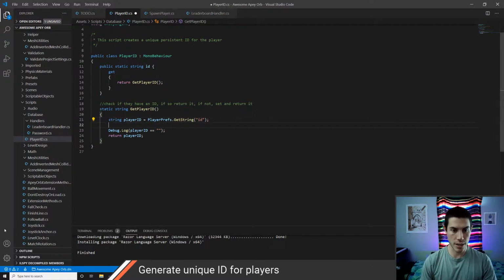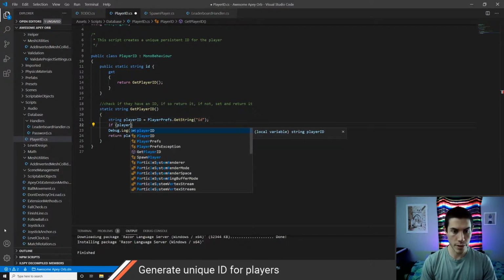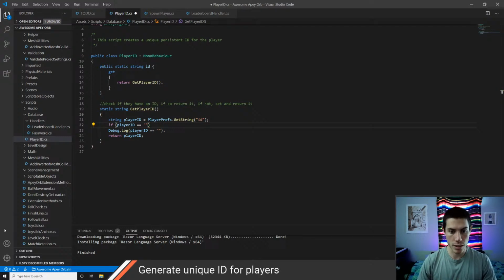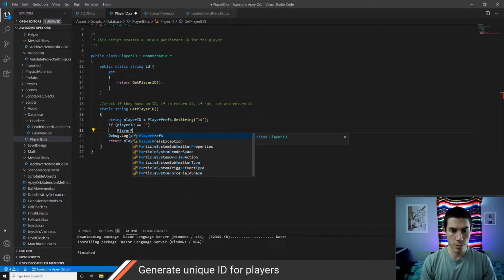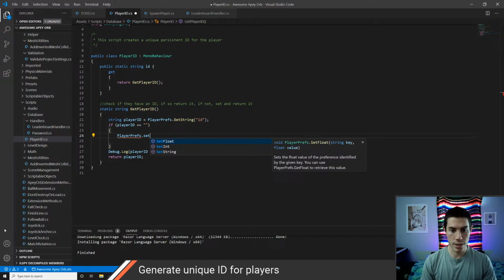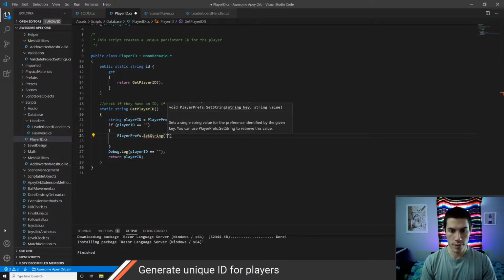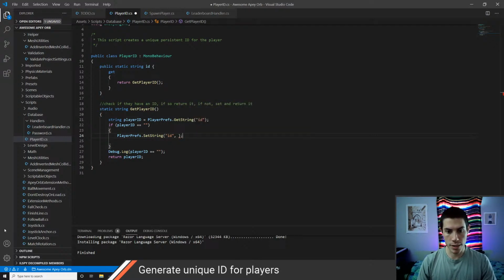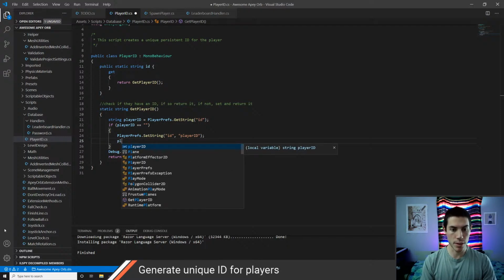So basically we want to say if player ID equals this empty string, player prefs, we're going to put a couple lines of code in here, so we'll do this dot set string ID to, and then we need something for that. For right now, we'll just say like player ID, and then we'll want to set player ID equals